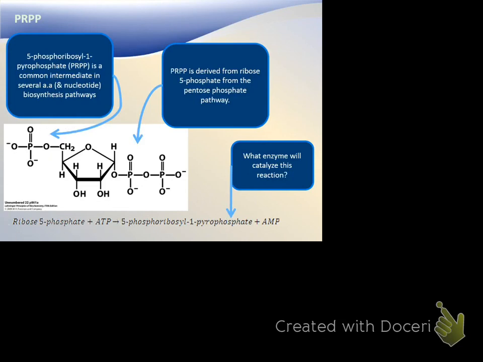The ribose 5-phosphate requires ATP, and you make the 5-PRPP, because I'm going to get tired of calling it everything, and AMP. So what class or classes of enzymes can do this? Possibly a synthetase. What else could it be? A kinase. And this one's a kinase. It's ribose phosphate pyrophosphate kinase, which is a mouthful. And it's the first step in making a lot of these amino acids.